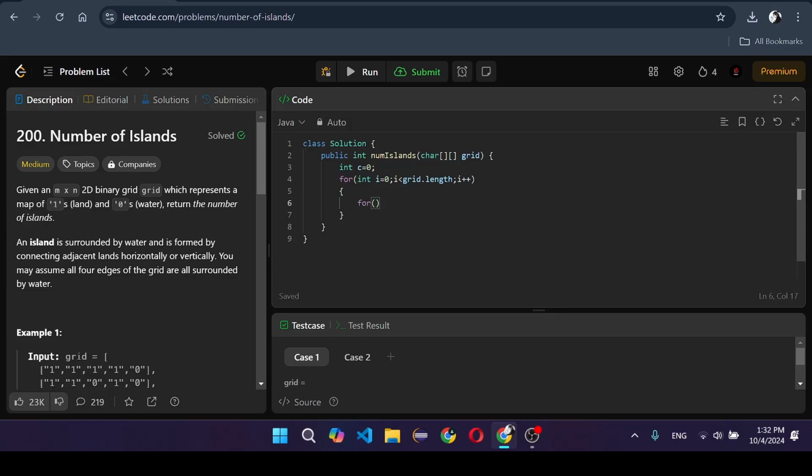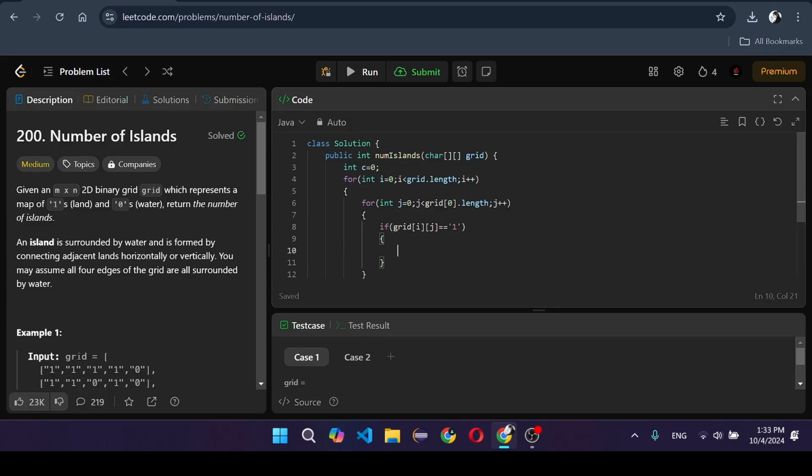Then int j equal to 0, j less than grid[0].length, j plus plus. Now if grid[i][j] equals 1, which means an island,